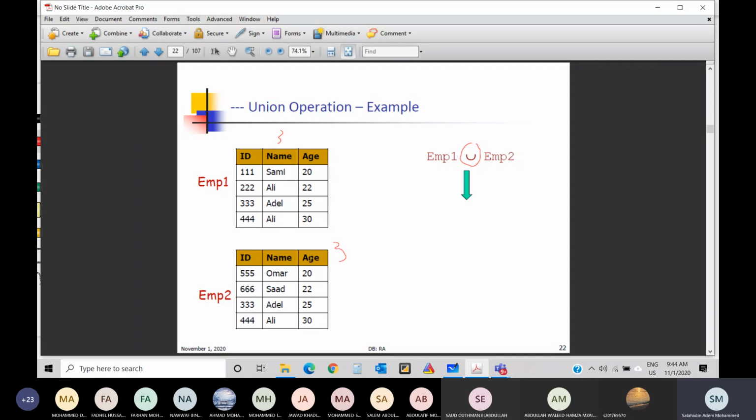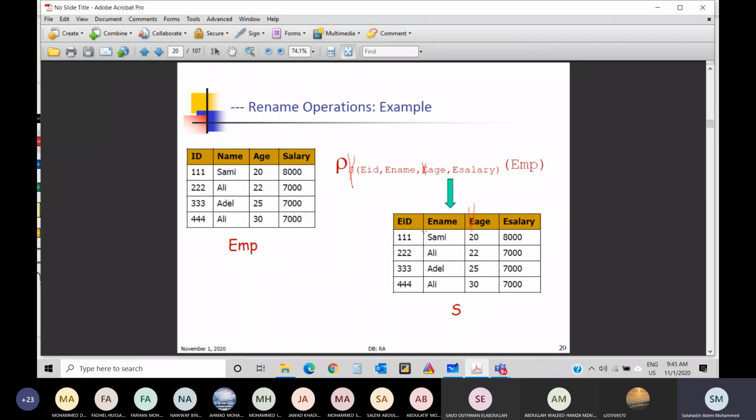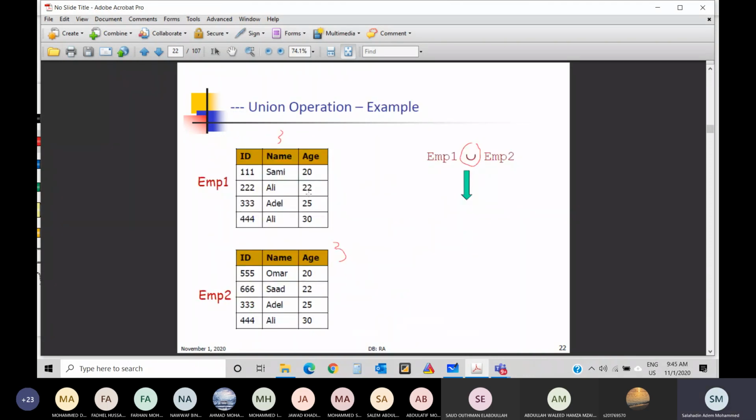So when this holds, then you can use this operator. Otherwise, you cannot. So what do you do? You have to play with them first. Maybe you have to rename things, to make sure that employee 1 is compatible with employee 2. So they have to be union compatible. So for example, if this was not name, it was something else, and this is name, you have to change the column names the way I showed you before. So you have to use this technique. Then you can do the union. So maybe you have to do more steps before you start doing the union directly.